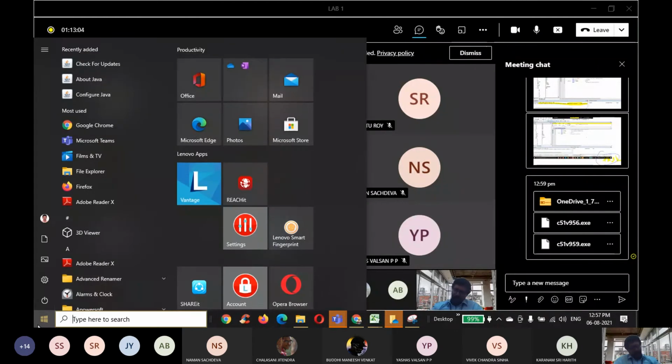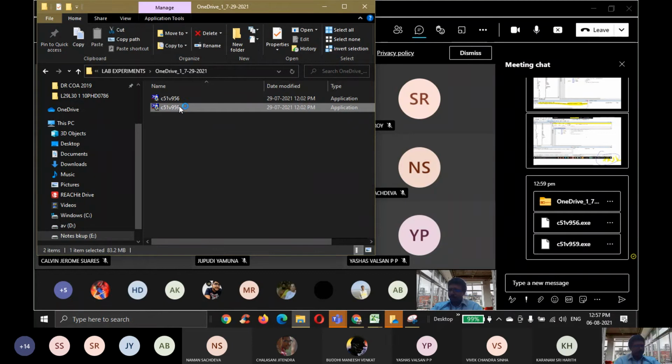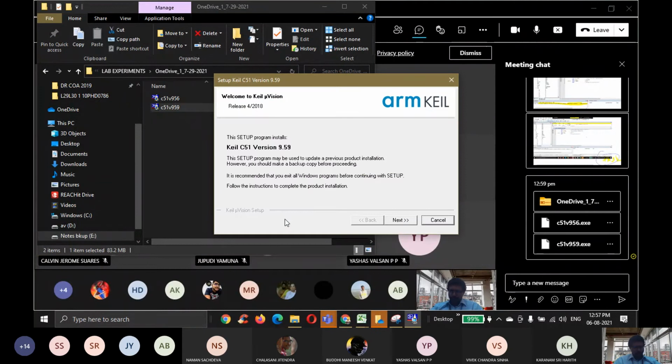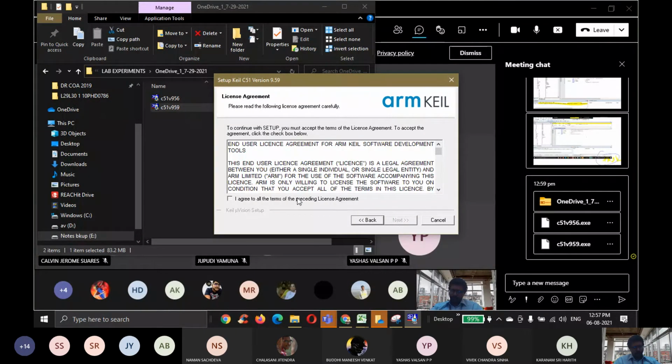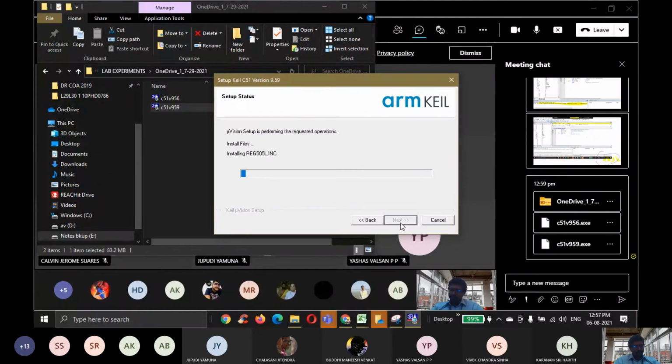Okay, I will uninstall this particular software. Now you can download from what I have shared. I'm installing it again for you to show how it will look.